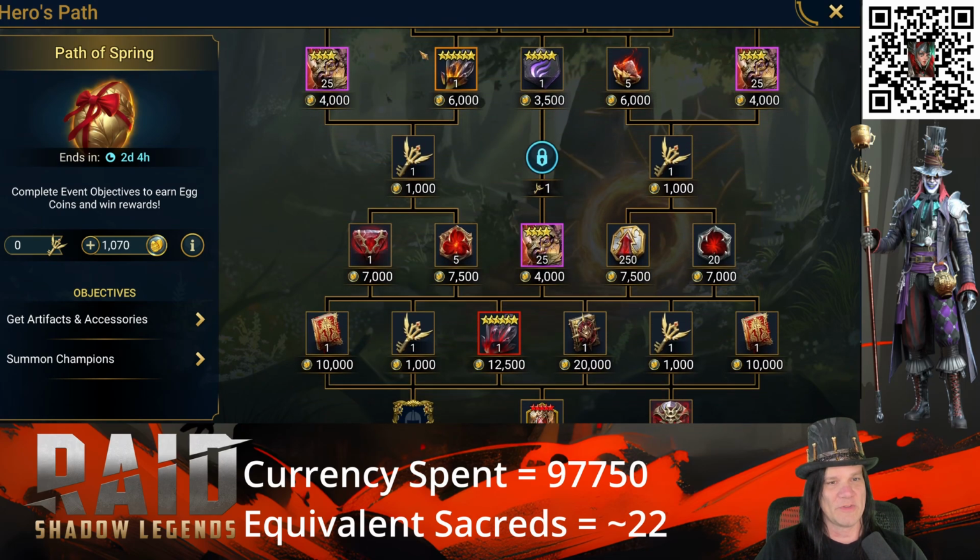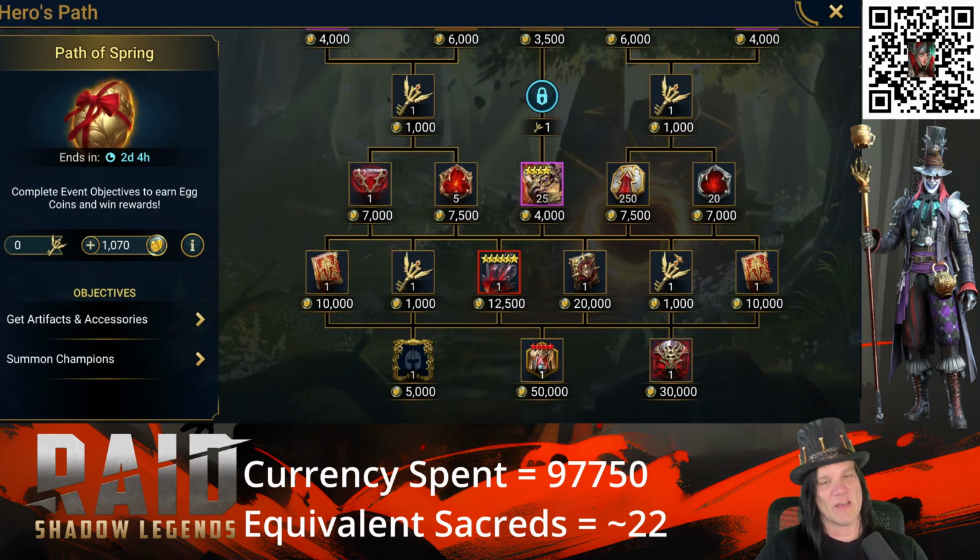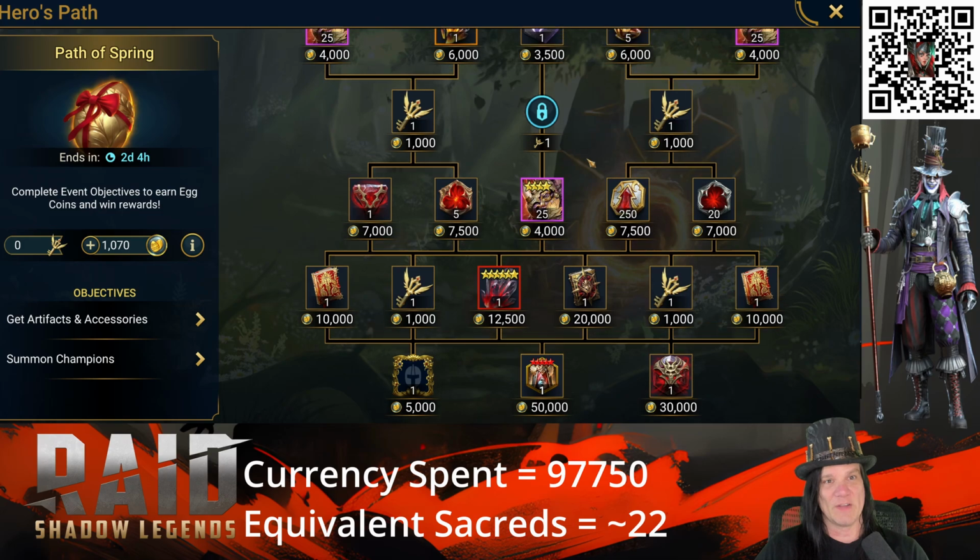For a grand total of all 4 Uzan fragments and the perfect soul of 97,750, and that's if you keep it on the cheap. 97,750 is a lot. That's a hair under 22 sacred summons, 21.7. So you could probably farm that last 0.7 pretty easily, but 21 sacred summons is a stiff price to pay,